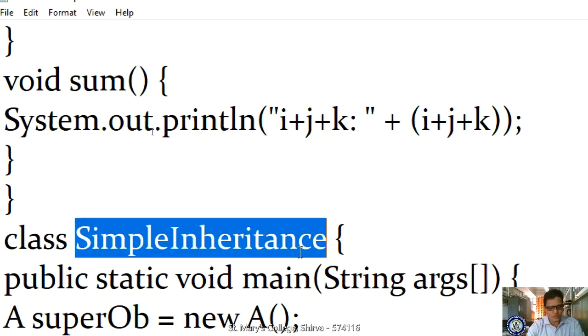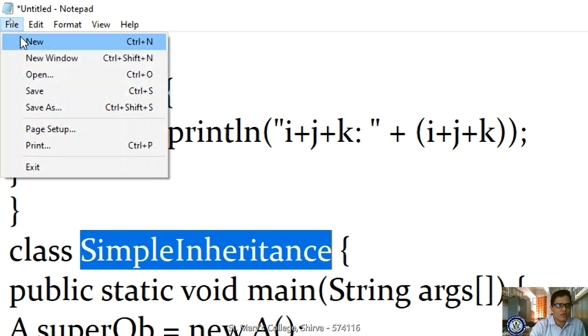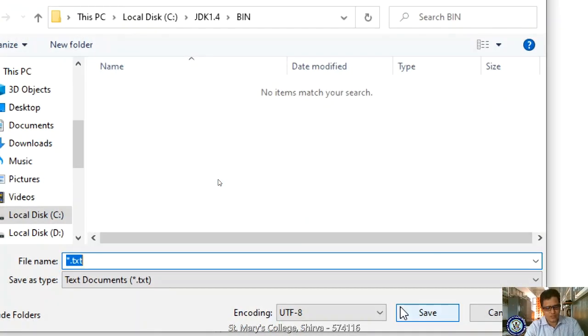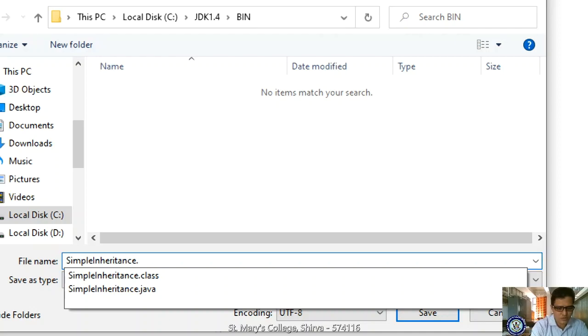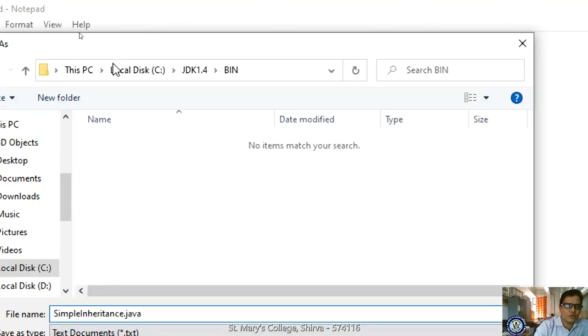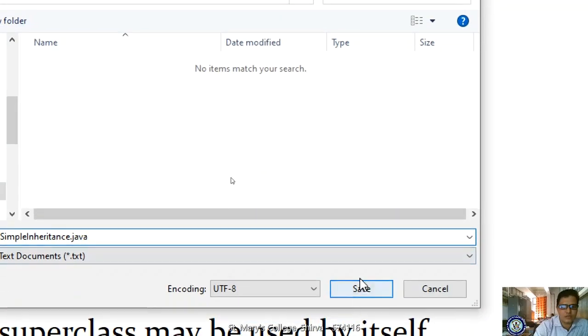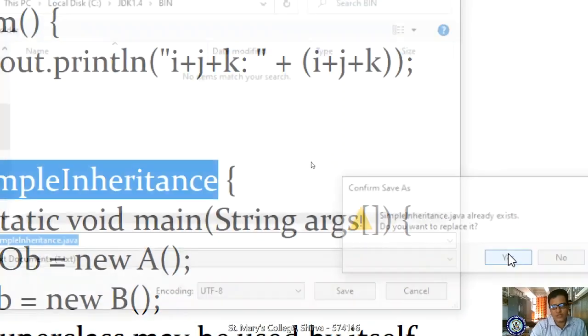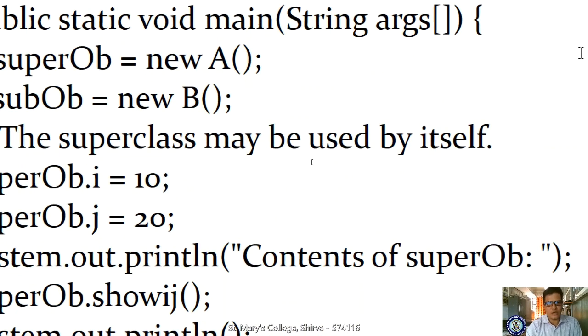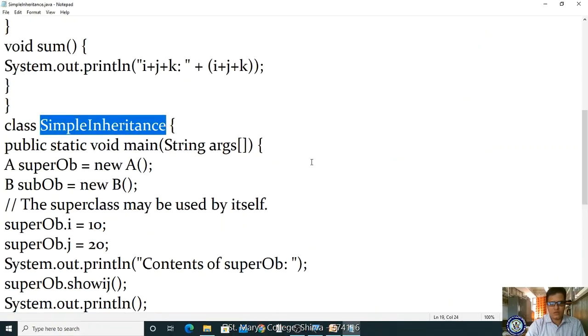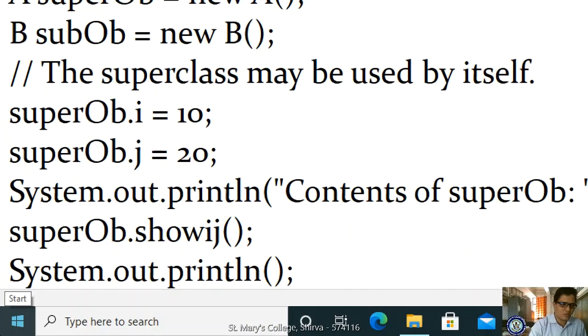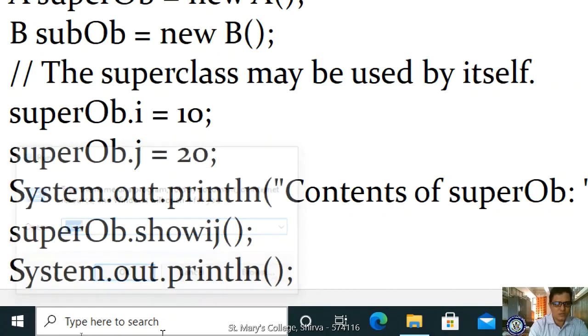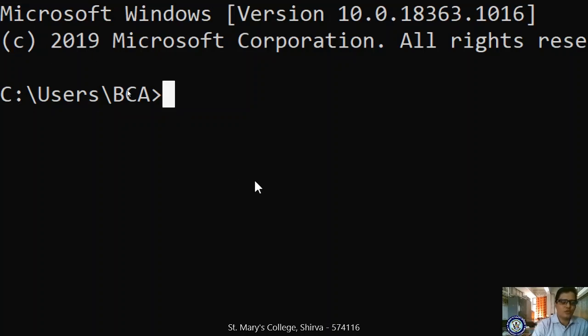Okay, I have to copy this and go to the file and save it with .java while saving. And also you have to ensure that we are saving in the right directory. Okay, I'm saving. If it already exists, save it and press alt enter. And now I'm going to take the command prompt. So how to take the command prompt? Right click on the start button, take run and type cmd, DOS mode. Okay, alt enter.